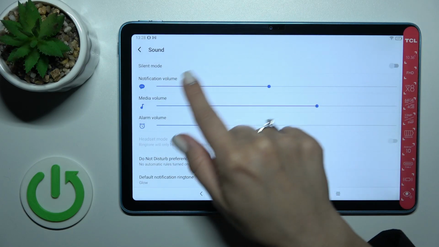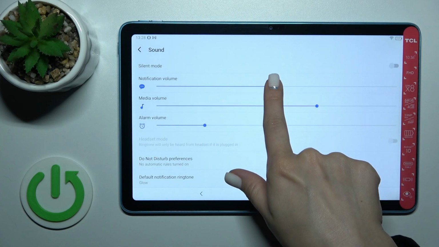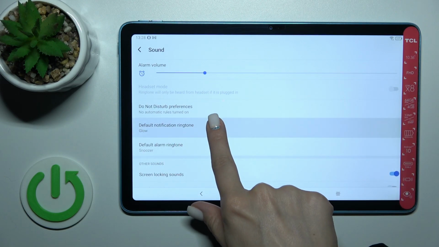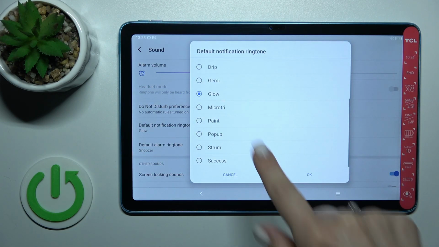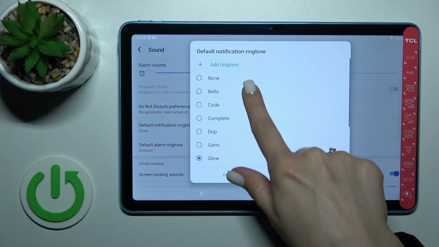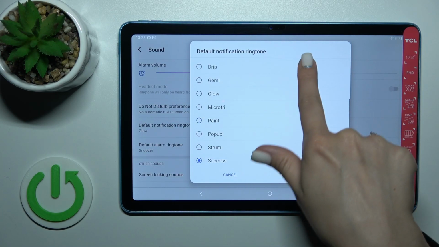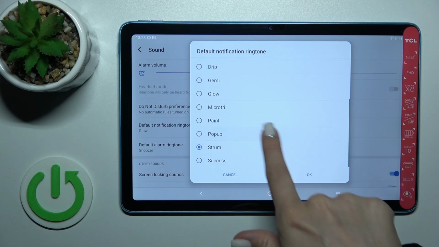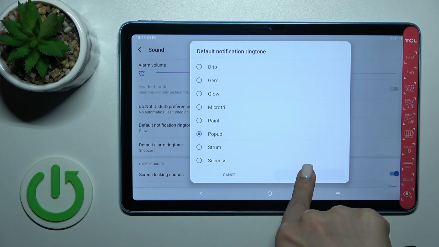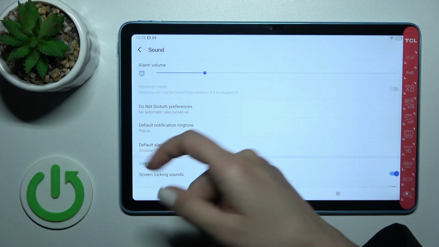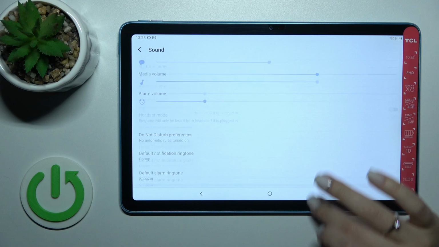Now we can see here the notification volume panel, and to change the notification sound we should go here to default notification ringtone. Now we have selected this Glow, and to change it you should select one from these available sounds here. For example, I'll go with this one. To save it, just click here on OK, and now here we can see that we just successfully changed the notification